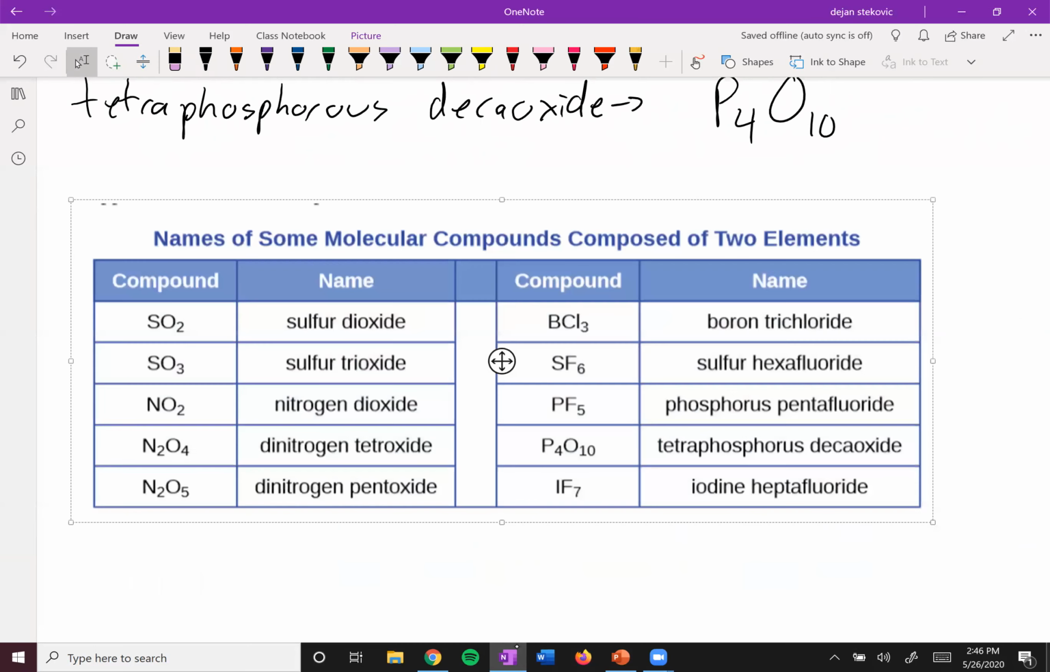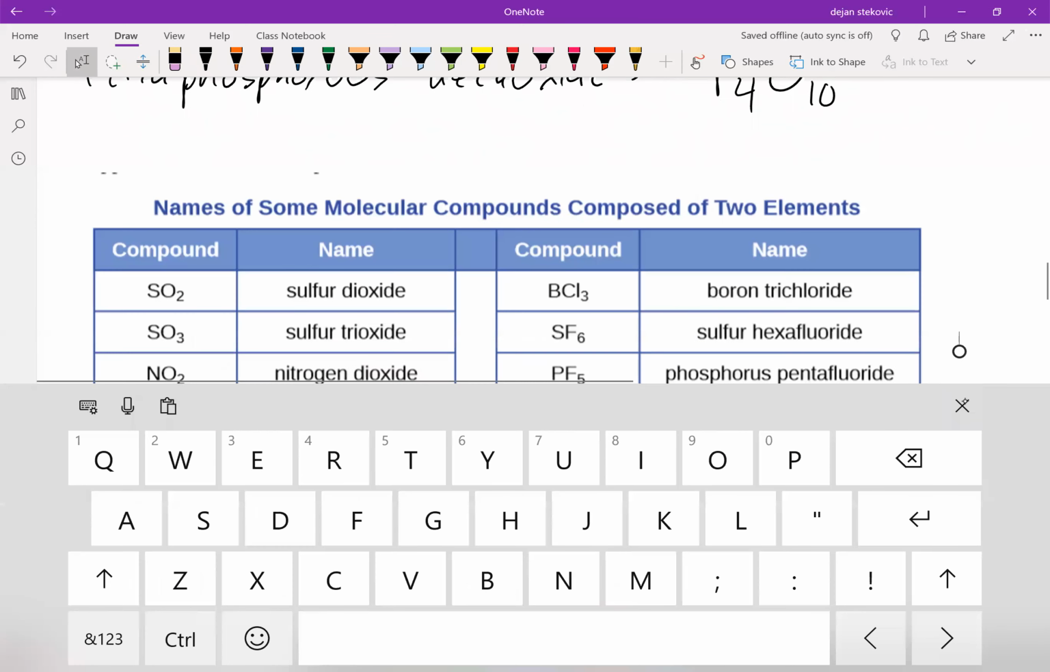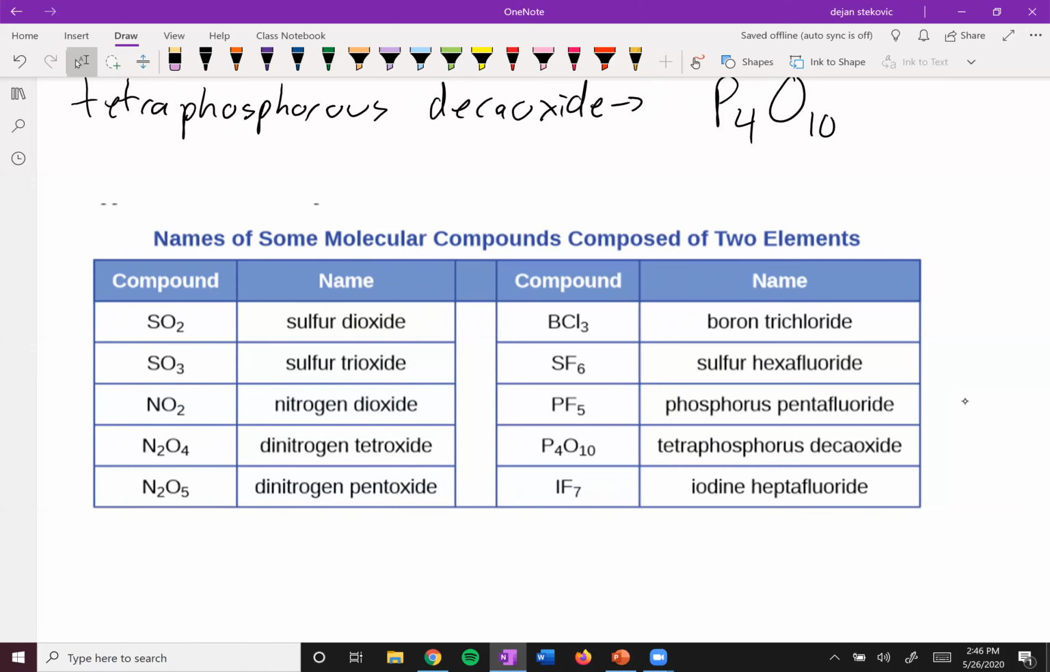Here's just another example of some more nomenclature for covalent compounds. So go ahead, pause the video, take a look at the names, make sure you understand why they have